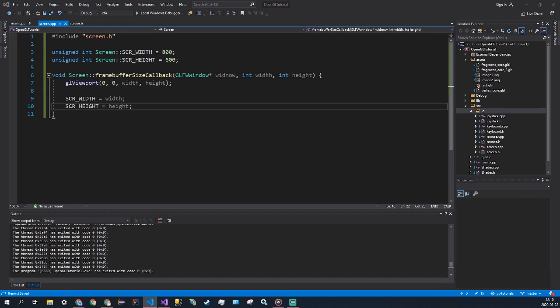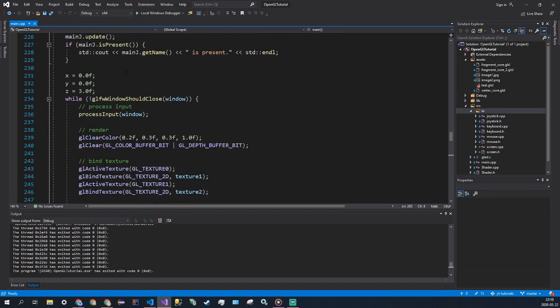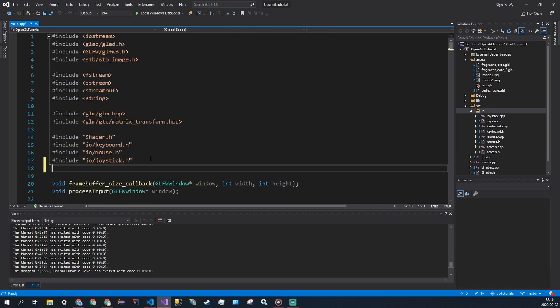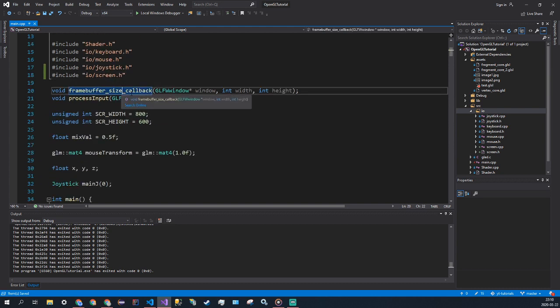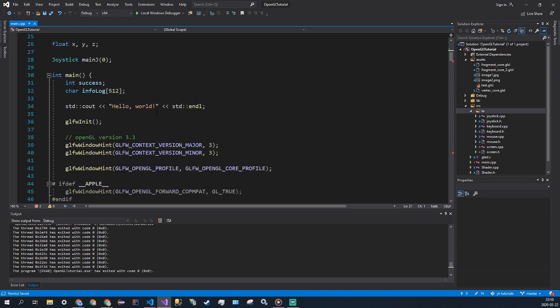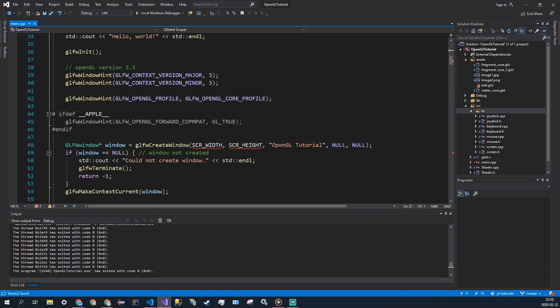So that is the screen, and now we can go ahead and include the screen header in the main file. So go into main.cpp and include the file wherever. Include io/screen.h. You can also get rid of this framebuffer size callback if you won't be using that. And you can also get rid of these global variables width and height up here because we won't be using those either. Alright. And then we're just going to replace all our instances of screen width and screen height with